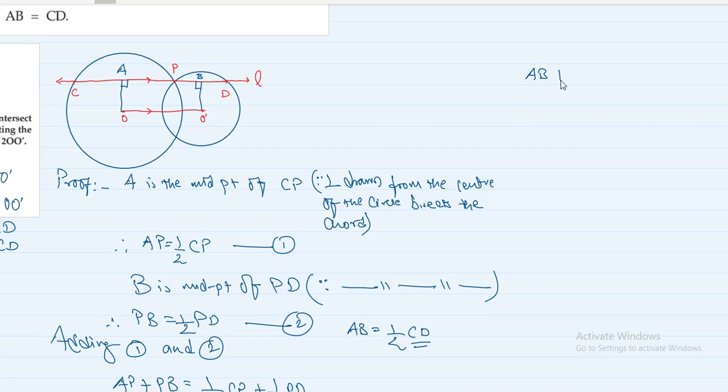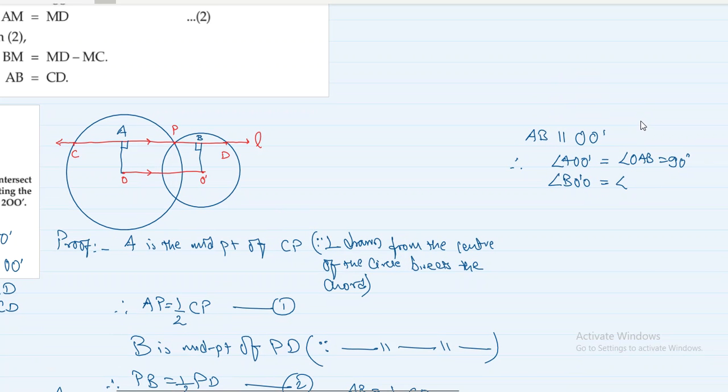AB is parallel to OO dash, right? Therefore, angle AOO dash is equal to angle OAB, which is equal to 90 degree, and angle BO dash O